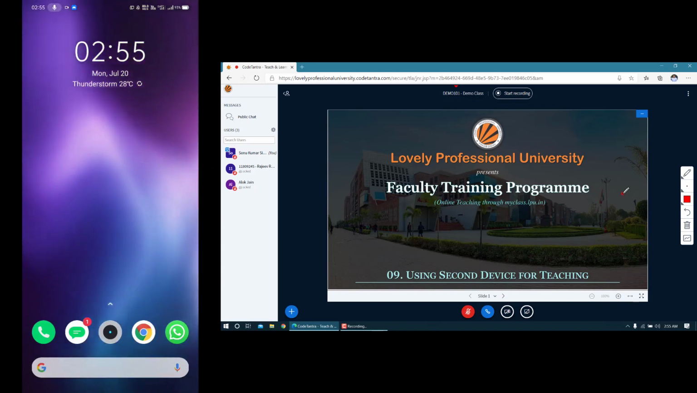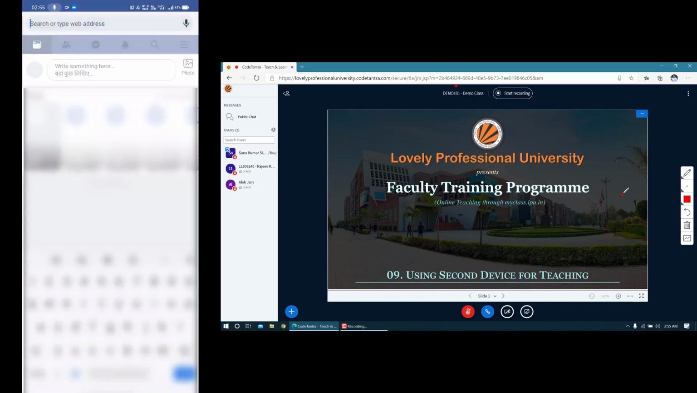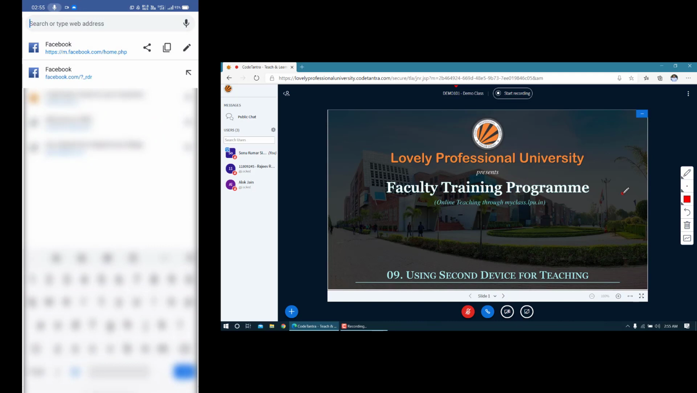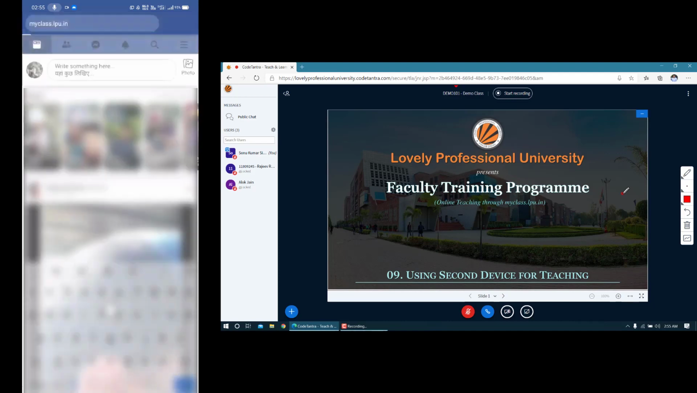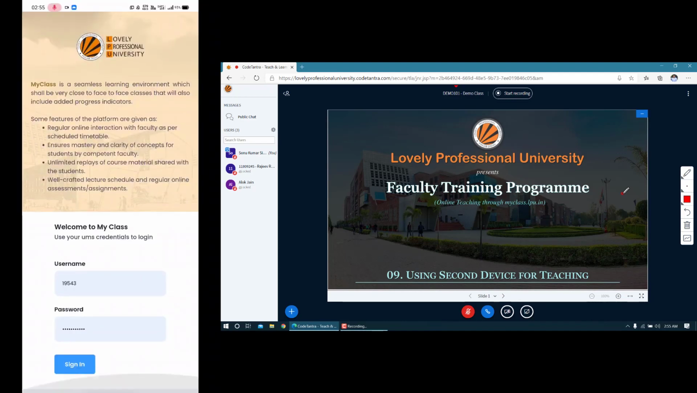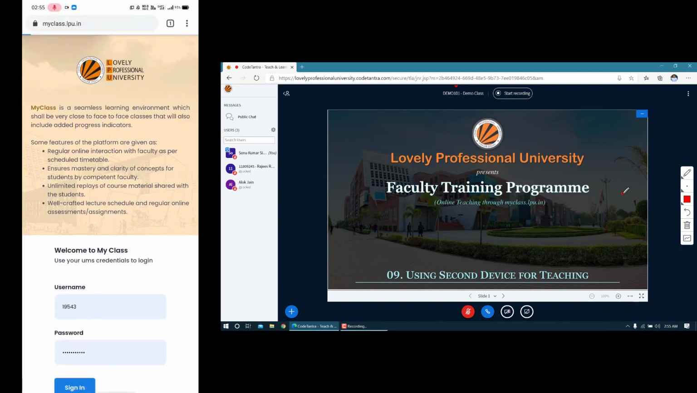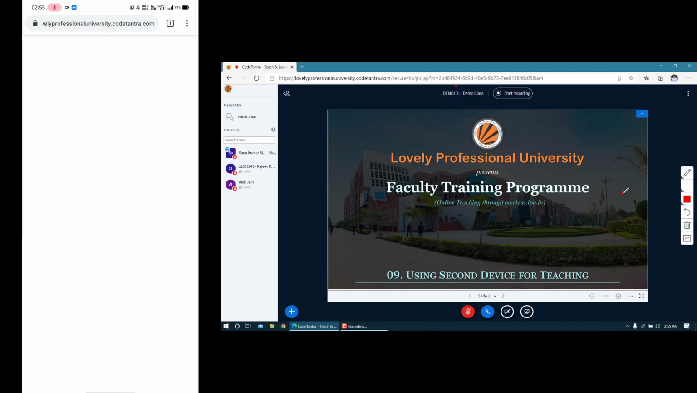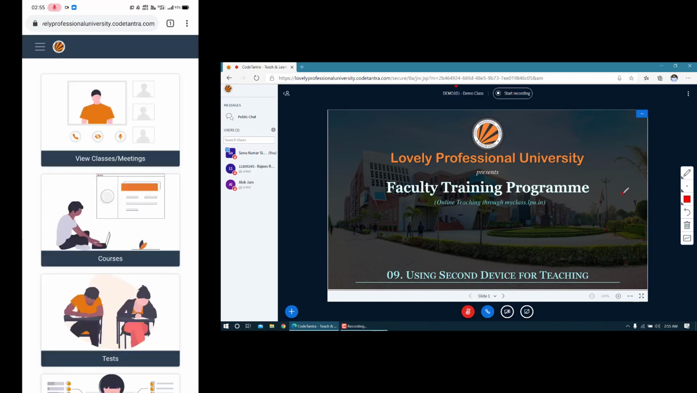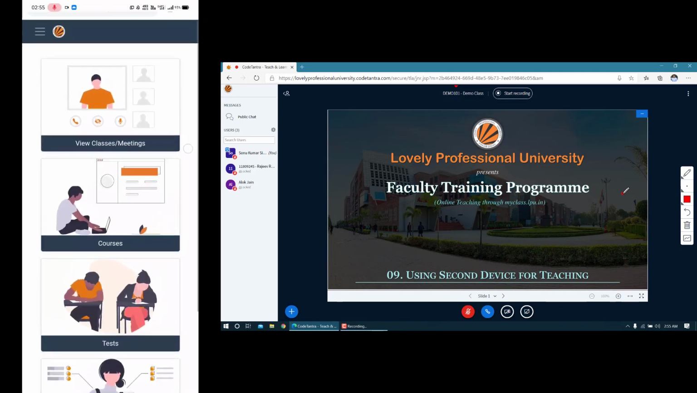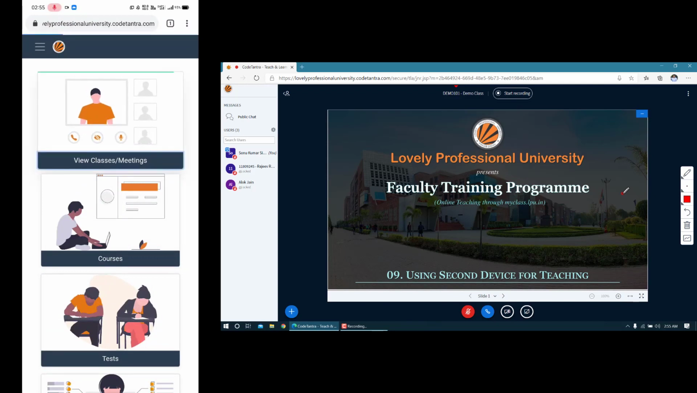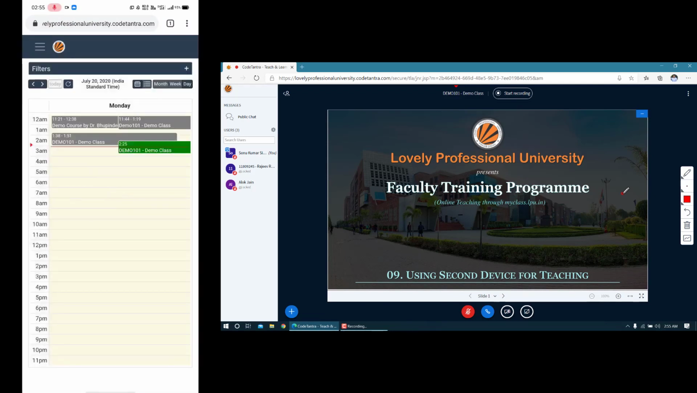To do that, I'm going to open my browser, and then I'm going to type myclass.lpu.in, hit the enter key, and once I get there, I'll use my UID and the password to log in to my account. I'll click on sign in, and once I click sign in, the very first option I'll get at this landing page is view classes or meeting. So I'll go to view classes or meeting,